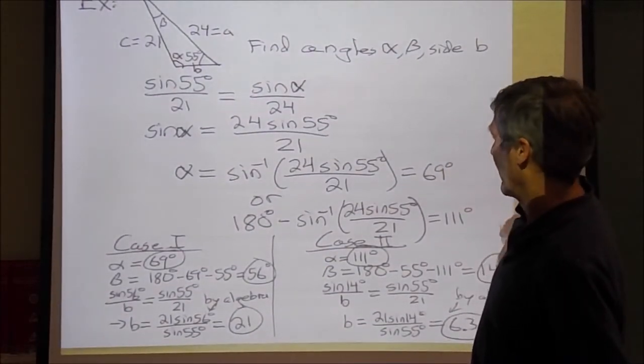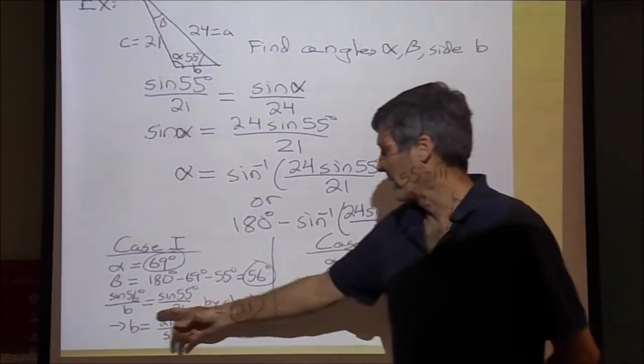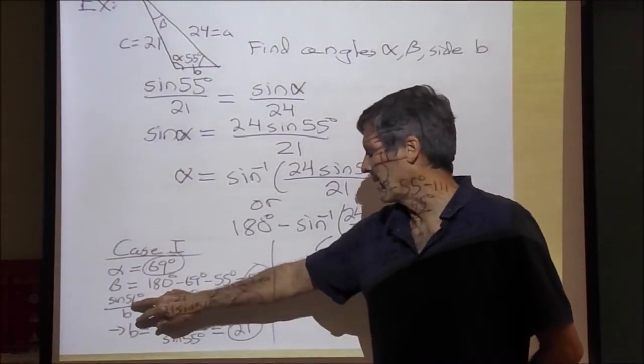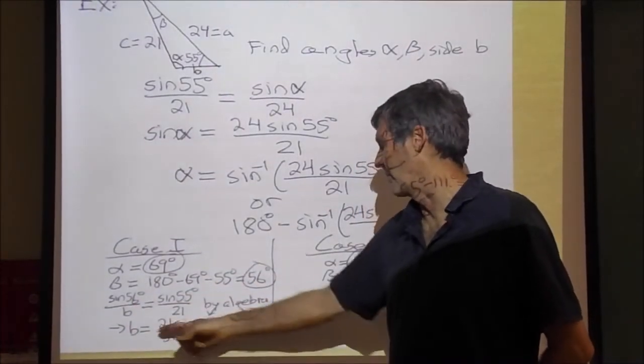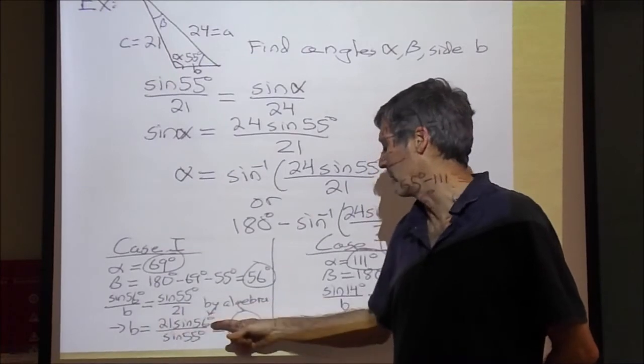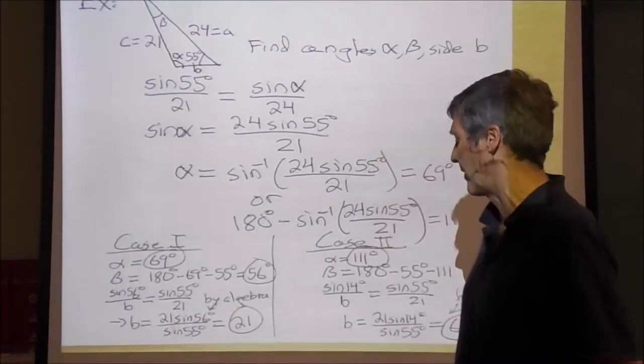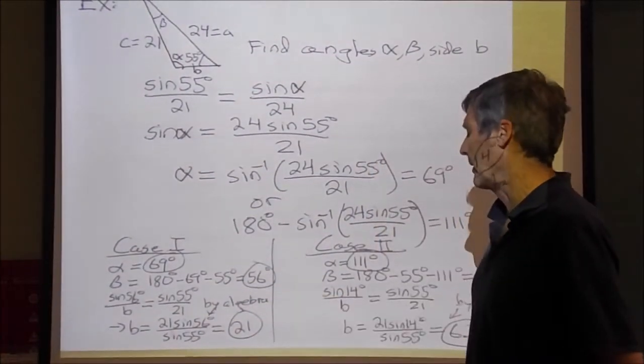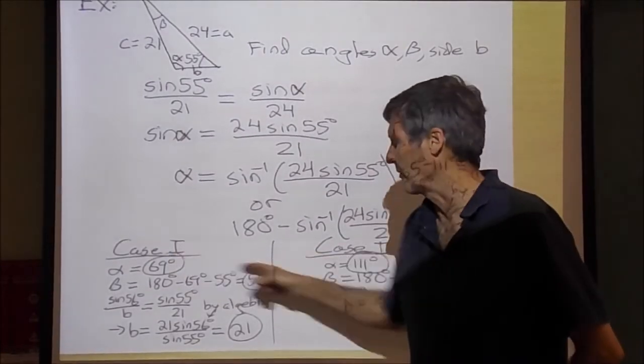Alright, so this one I can solve for beta. I take the reciprocals of each side, multiply by sine 56, and I get b is 21 sine 56 over sine 55. That comes out to be 21, and that's one possible triangle is to fill out these three, but